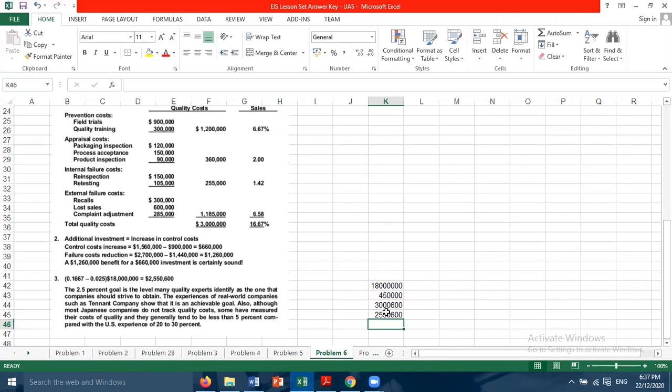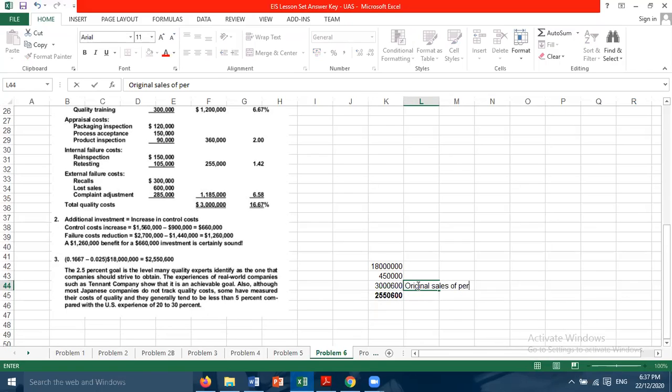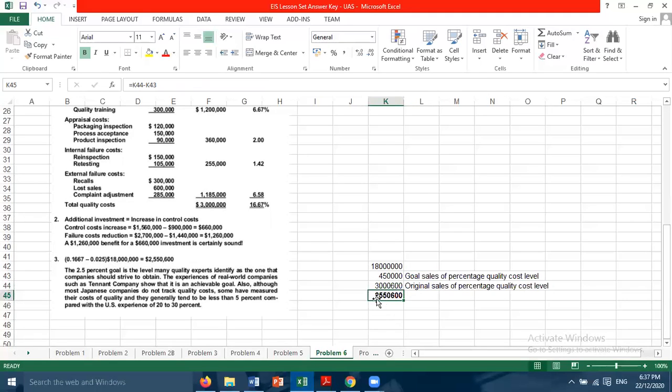Right, and this will be our answer, which is 2,550,600. So we'll be able to reduce costs by 2,550,600, since this is our original level, original sales percentage of quality cost level. And this is our goal. So if we manage to achieve our goal from our original state, we'll be able to reduce costs by